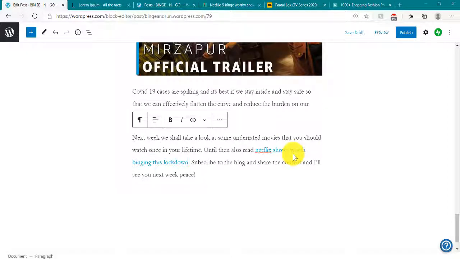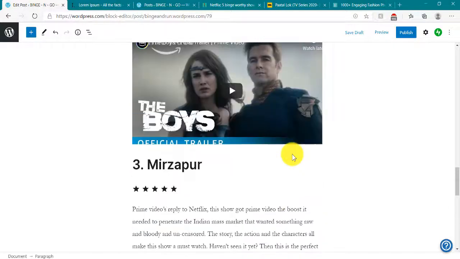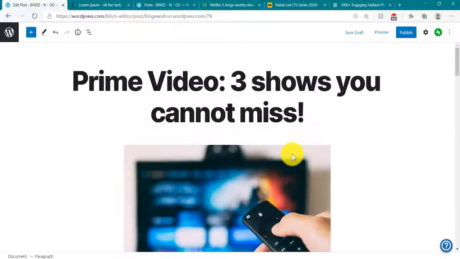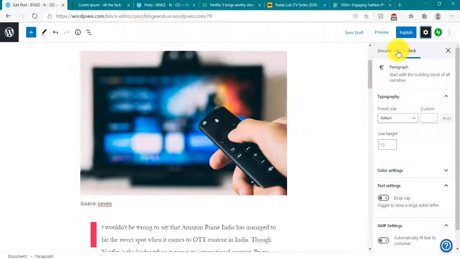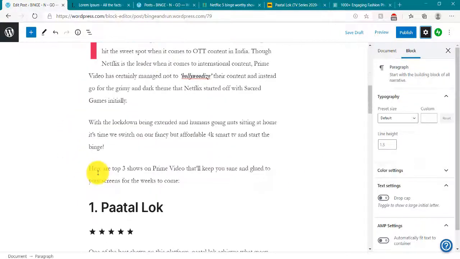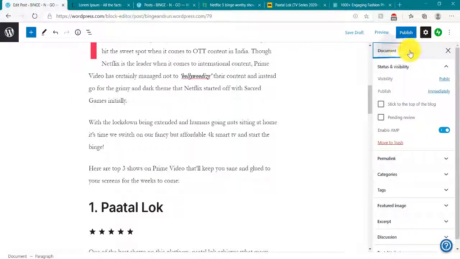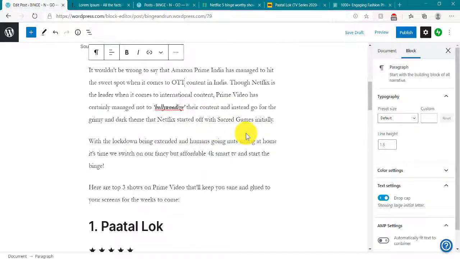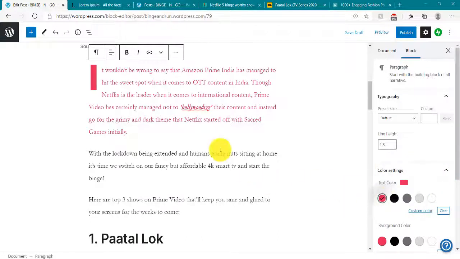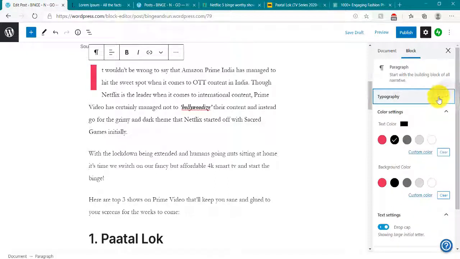Now let's see what we have left. What are the options we have regarding posting this? Now, once we have done all the linking and everything, let's open this section and see what options we have. So here you can change the whole text color. Okay, when you open the settings, you have two blocks here. You have the document block and you have the block options. In the block options, under color settings, you can change to any color. See, it's red now, it's black now, or anything. I want to keep it like this only. I'm not going to tinker with that.